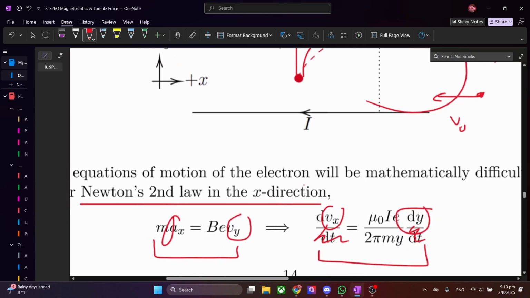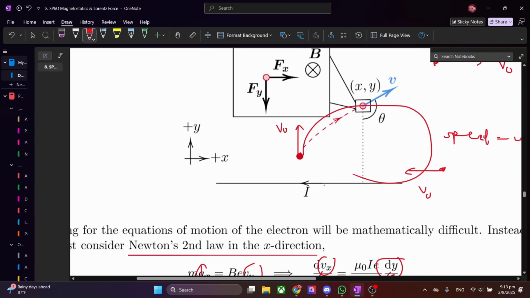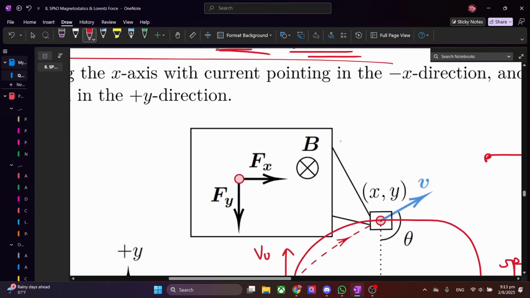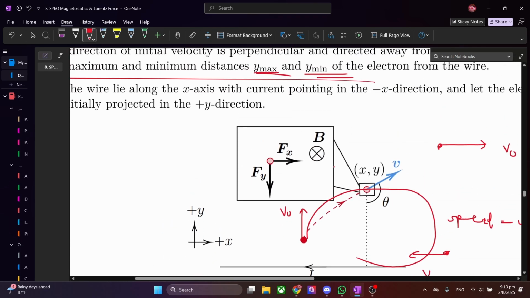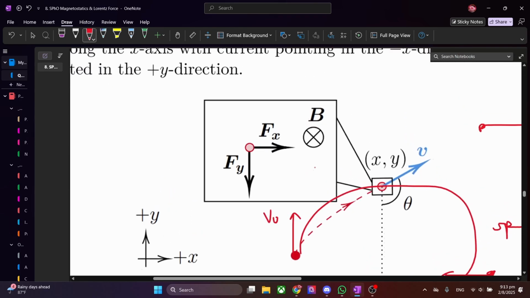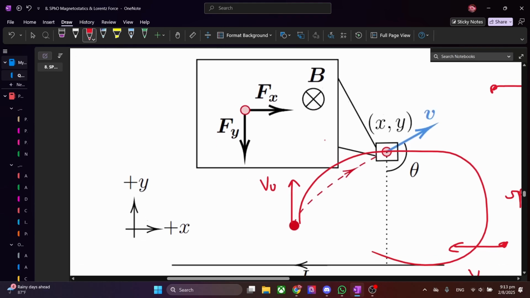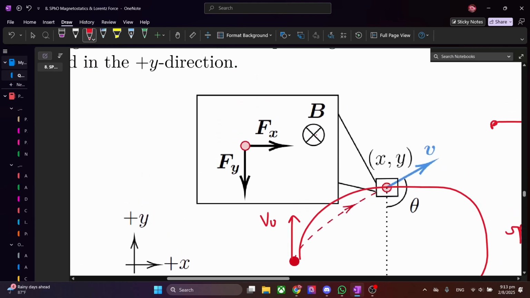Because here, in this case, you have your current pointing in the minus x direction. If you use your right hand rule, literally just point your thumb in that direction and curl your fingers. Your magnetic field points inwards, illustrated here. If your velocity always lies in the xy plane,